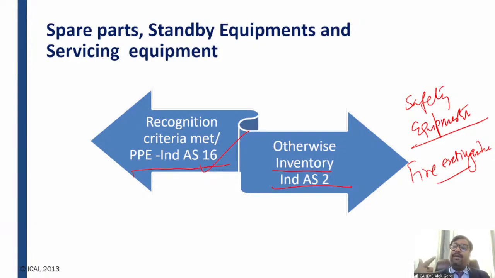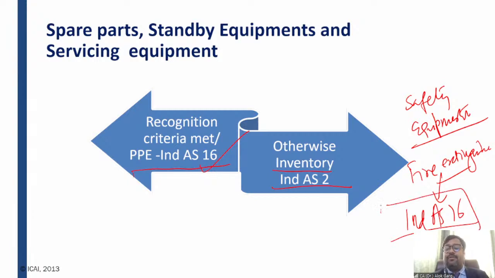So these kind of equipment are only used when there are mishaps. These equipments are not directly providing any future economic benefit to the business, but yes, they are important to ensure that the business will continue as a business, right? So the standard says that these kinds of safety equipment are capitalized, recognized as property, plant and equipment under Ind AS 16. Although they do not give their future economic benefit directly, they help to arrive at future economic benefit from the entire business, right?